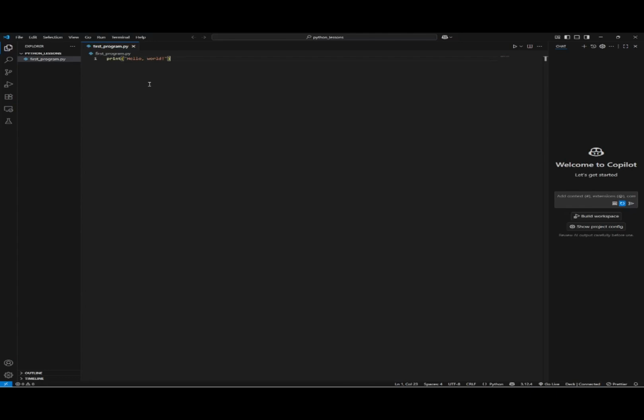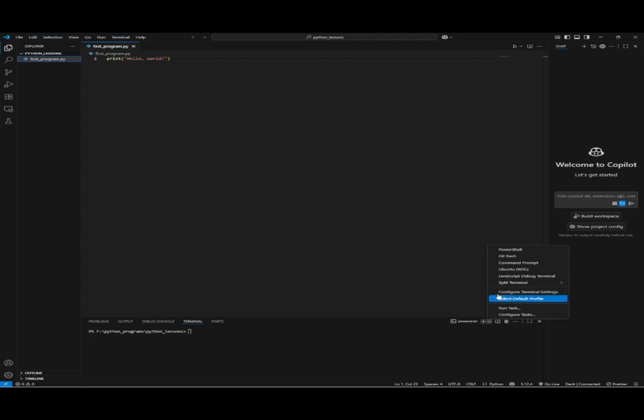Now let's run our program. Depending on your setup, you might click Run or use the terminal. So here I'm going to click on Terminal and then click New Terminal. But as you can see, it's a PowerShell that pops up. So I'm going to come on over here to Launch Profile and click on Command Prompt and then close out